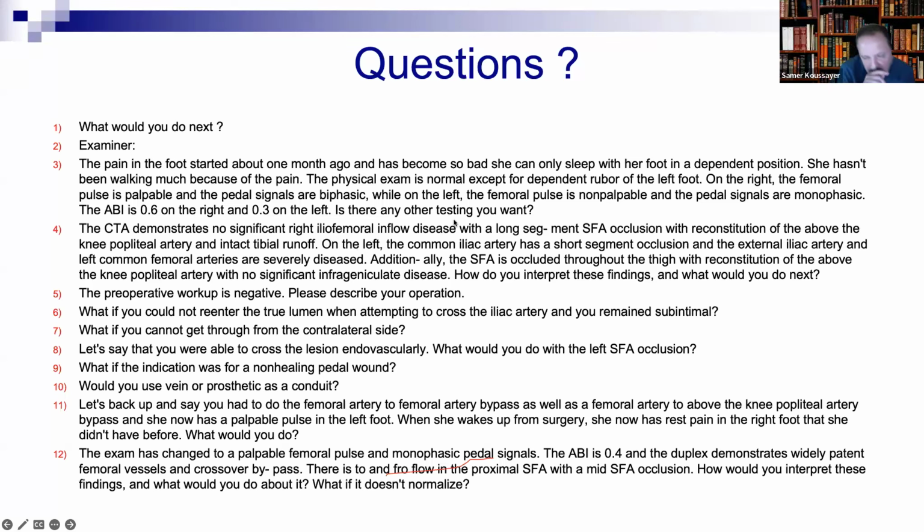Really, the index, usually they do it to decide whether to go above or below the knee, not for FemPop. They do it if you decide to go above the knee or below the knee. This is the main reason, because sometimes you fix the inflow and you have popliteal artery occlusion, okay? And popliteal artery is the worst thing for endo or open, so you have to be 100% sure if it's needed or not. Then you do the index. If the index is low, then you have to fix the popliteal artery. If it's not, then you don't have to fix it, especially if he has a wound. If he has a wound, it's not for rest pain, it's for the wound.